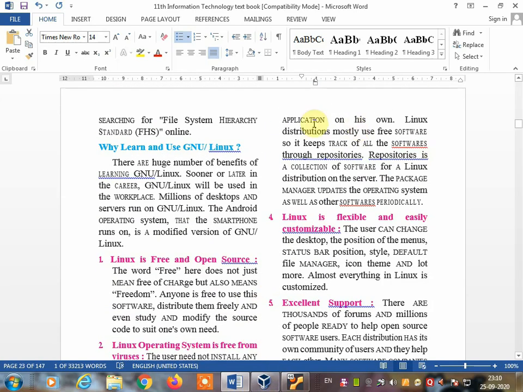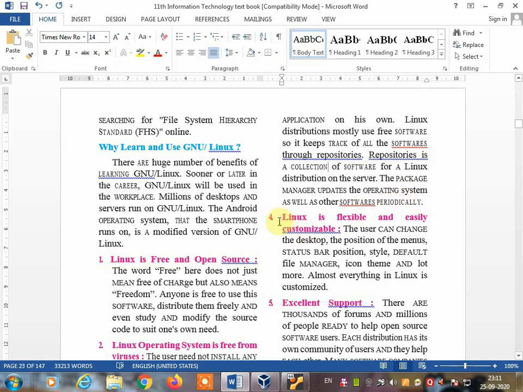Linux distributions mostly use a repository, so it keeps track of all the software. A repository is a collection of software for a Linux distribution on a server, and the package manager updates the operating system as well as other software periodically.